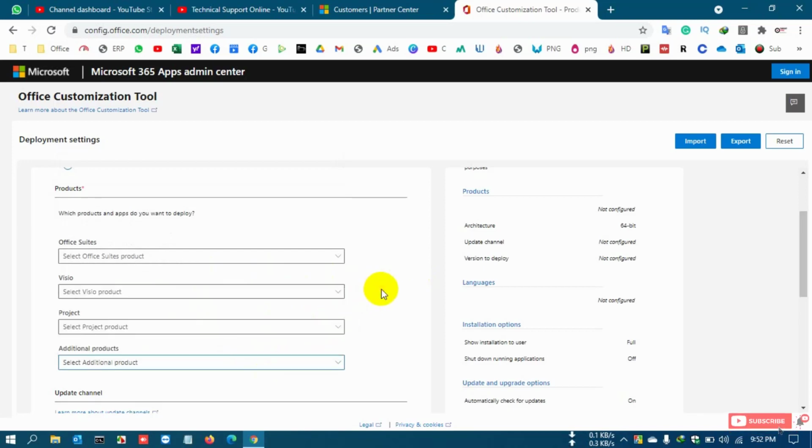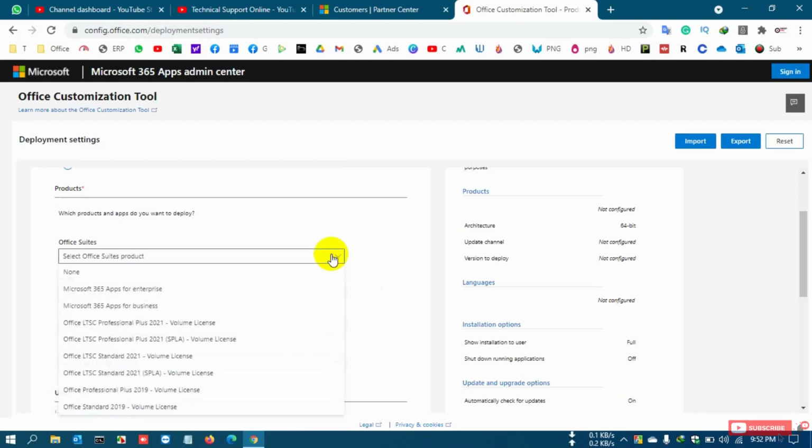So actually today I show you the Office 2021 Pro Plus and the full offline file. With this offline file you can copy it by pen drive and easily install on another PC, so you don't need to download again. So let's start with Office Pro Plus 2021.